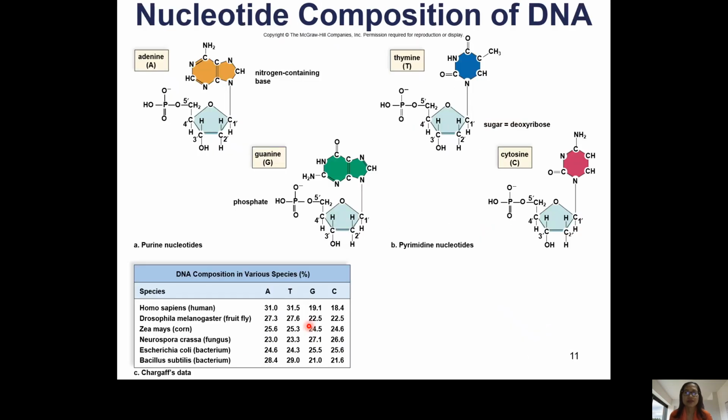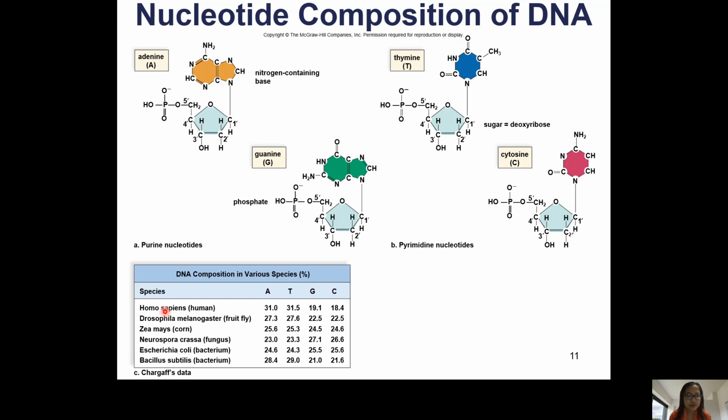Okay, now we're going to look at the next structure related to nitrogen bases. Remember from high school, or you also learned about it, that there are several nitrogen bases: adenine, guanine, thymine, cytosine. Chargaff was another scientist who studied DNA and found the composition of these bases,